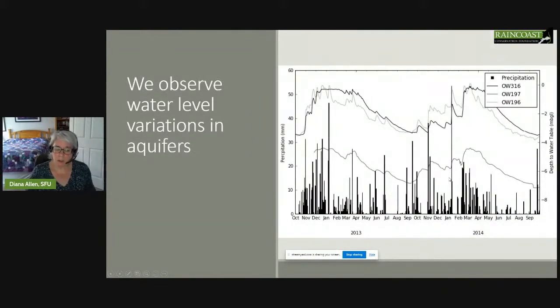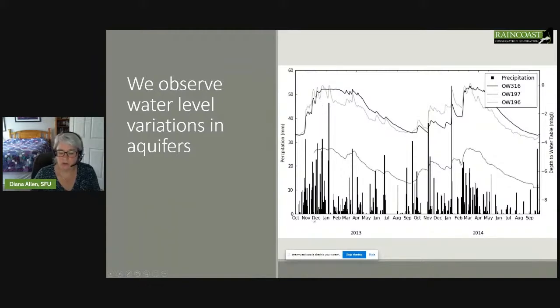When we look at recharge, we use provincial observation wells to get an idea of how the water table varies over time. And here's a graph that shows precipitation as these bars on the bottom for different months of the year from 2013 to 2014, and the records for three observation wells on the Gulf Islands. So there's three things of interest here. One is that